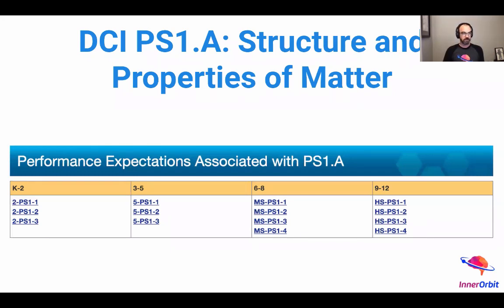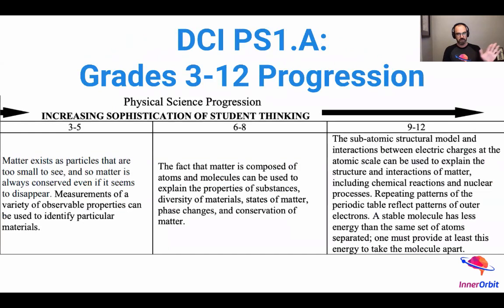So you can look at, for PS1A, what performance expectations did students need to cover in 3.5? What should they cover in 6.8? And then what should they cover in 9.12? You can click on each of those, click back. It's a beautiful thing. But going a little bit deeper than the progressions in the K-12, in the NGSS appendices,